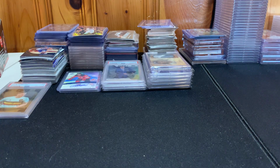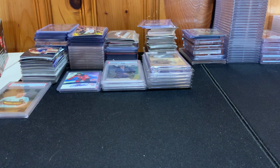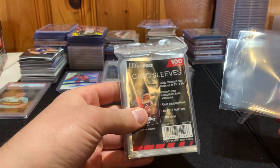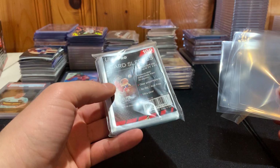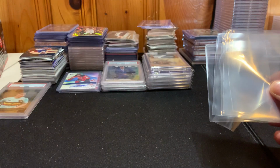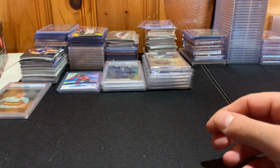All right, so some supplies that you need. Obviously, guys, penny sleeves. You're going to penny sleeve your card. I use Ultra Pro. You can find these on Amazon. I get 3,000 of them for like $30 or something like that, and it's worth it. Got a bunch of penny sleeves. Next up,